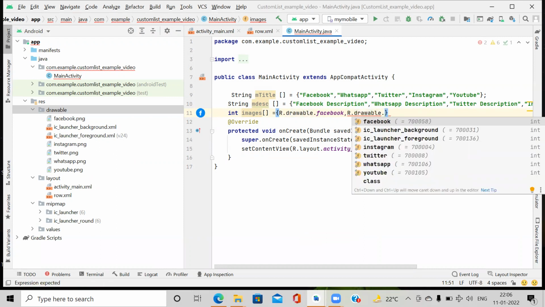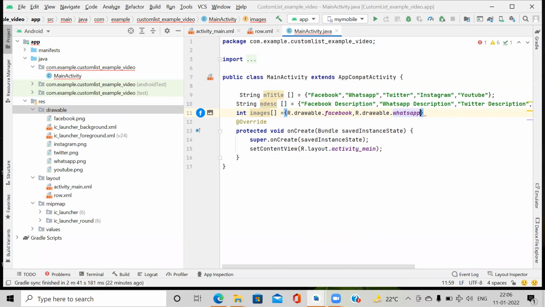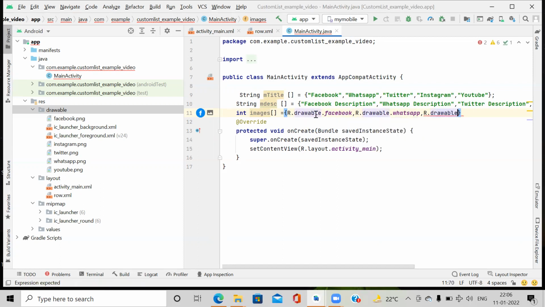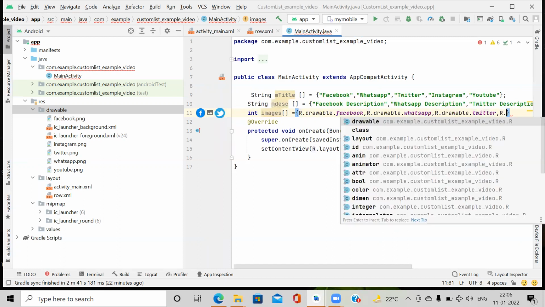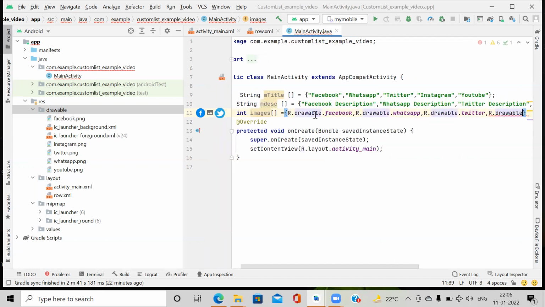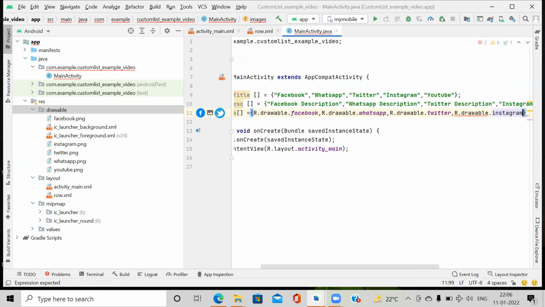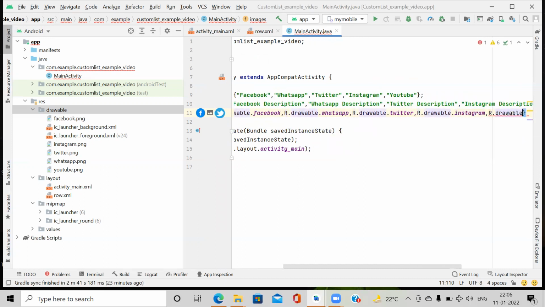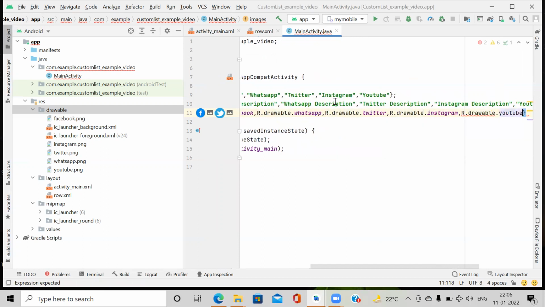Second one is the WhatsApp. Third one is the R.drawable.twitter. Then R.drawable.insta, comma, R.drawable.youtube. Okay, and we close with a semicolon.